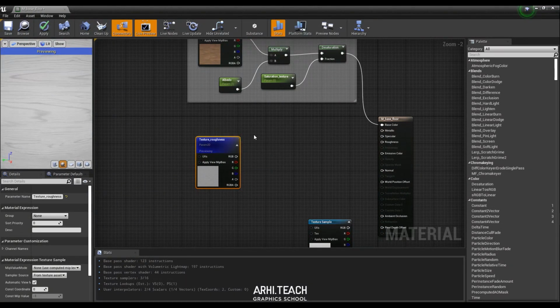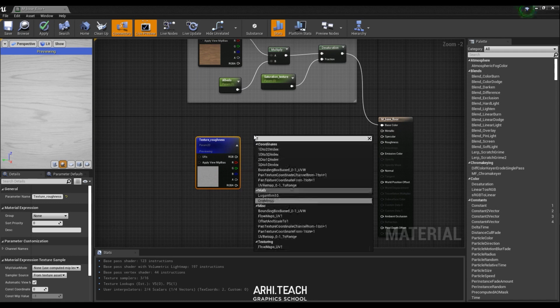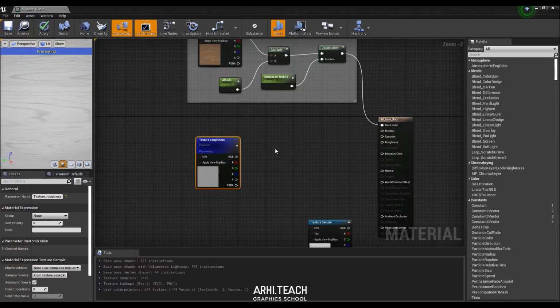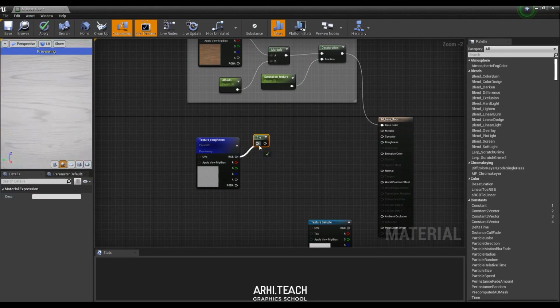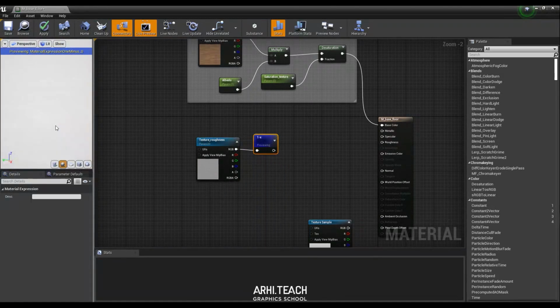Now I want to invert it. For this we have a node called 1-. So we enter here 1-, and here it is, and then we pass the texture through this node. Well, let's see what this will affect. Look, our streaks are black now. This is the original texture, passing through inversion node. What we have now? We have a Start Previewing node. Our streaks turned white. That is, the color has inverted.